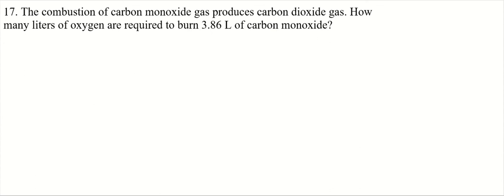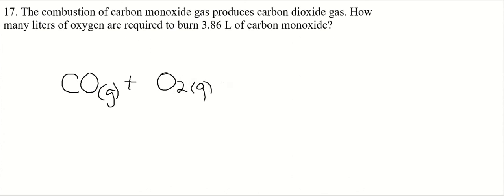Combustion of carbon monoxide gas produces carbon dioxide gas. Let's write that equation. Carbon monoxide is CO, and the combustion is going to require oxygen gas. Oxygen is diatomic, and that's going to produce carbon dioxide,